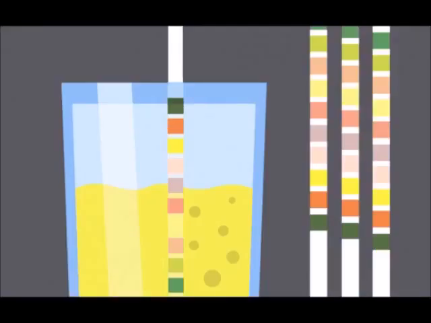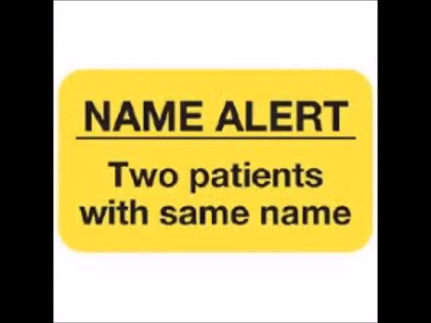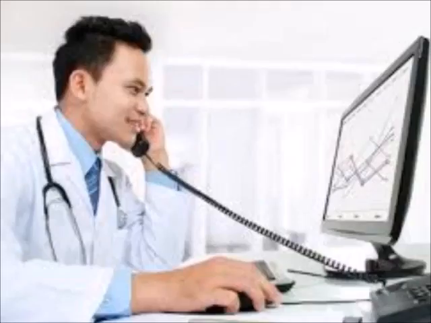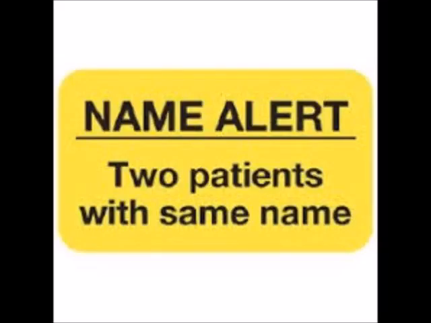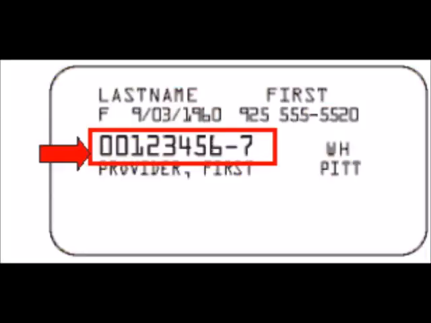George did the urine analysis on the sample, and it came back completely normal. The patient shared the same name with another patient, so when George entered the results into the system, he accidentally entered them under the wrong patient. He did this because he didn't have the medical record number on the sample to use to verify the right